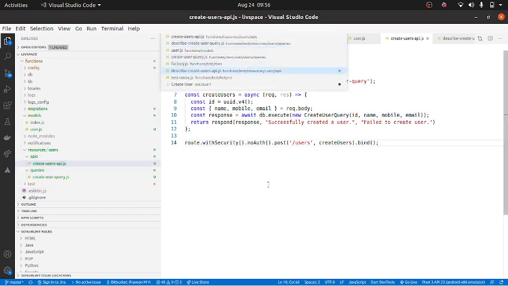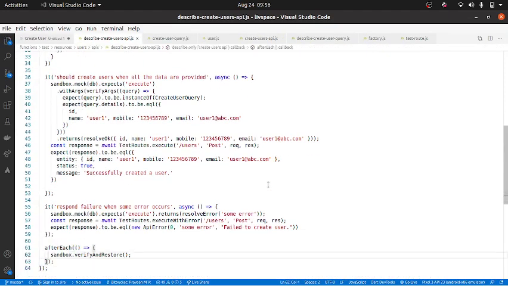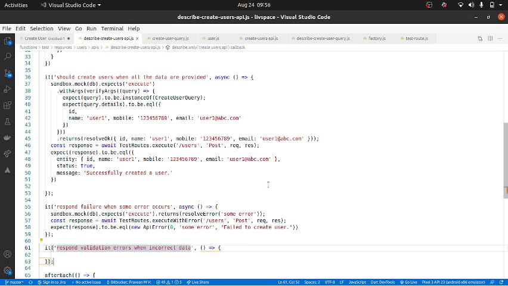Describe create user API. Let us go here, and it should respond with validation errors when incorrect data is provided.